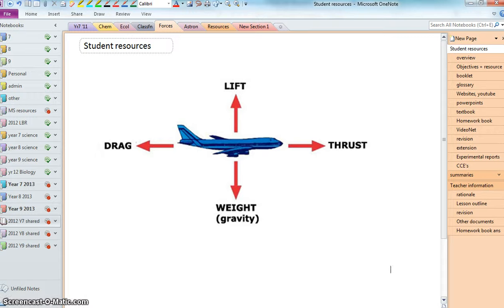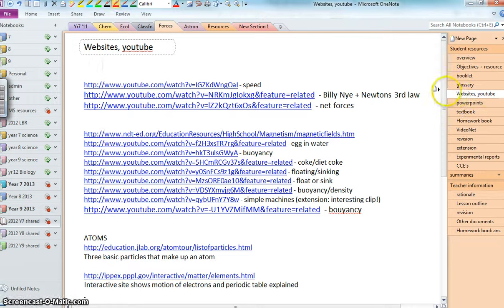I found it's very good at designing the curriculum, and it's a file storage and organization system. So whenever I happen to get an email from another staff member saying this website's really good, I just copy it straight out of the email and put it straight into here where the websites are. So then the next year you can just come back and look at the section and it's all there. So that's, I think, the greatest feature of OneNote, that it enables staff to have easy access and quick access